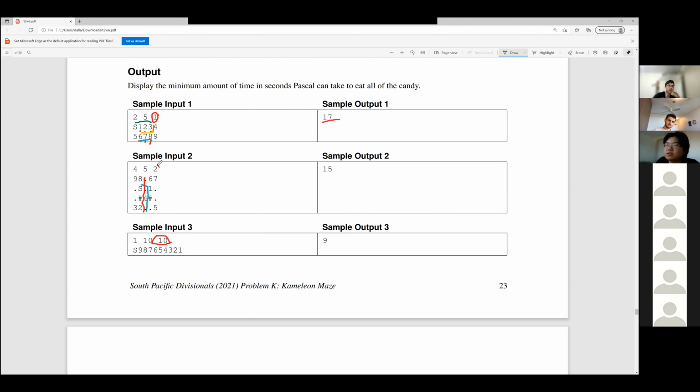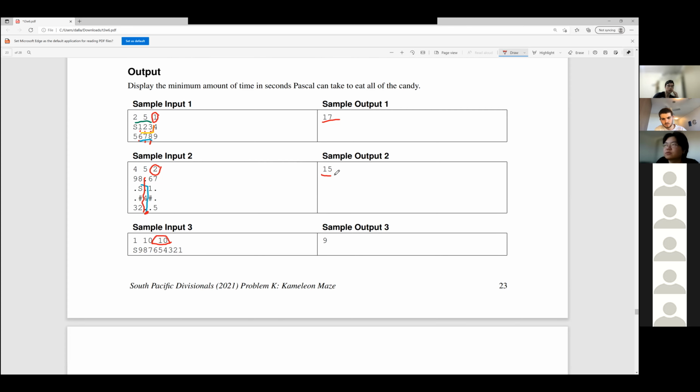And because the distance is now 2 and not 1, he can eat candy 3 from there as well without moving. So that's 6 moves, and he's still in this position here. And then he can eat candy 4, that's his 7th move. He can eat candy 5, that's his 8th move. And then he has to move back up to reach candy 6. So 9, 10, 11. And then he can eat candy 6, his 12th move, eat candy 7, 13th, eat candy 8, 14th, and eat candy 9, 15th, and he's done.